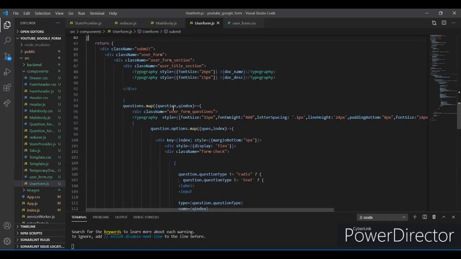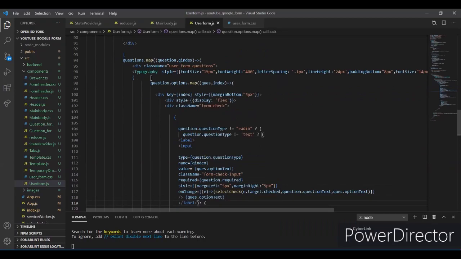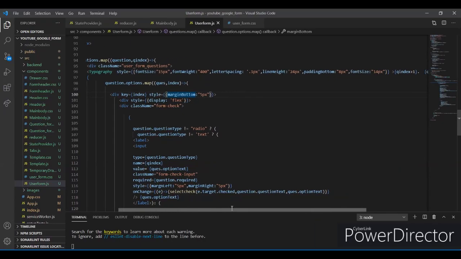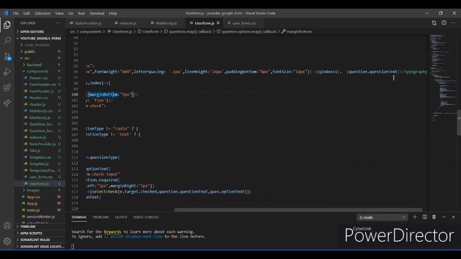In this user form component, the first user title section will have the document name and the document description within the Typography element, and the class name is given as user title section. Below that you have the questions, and all those questions will be placed under the component user form questions, and each question will be displayed within the Typography component with the question index and the question text,